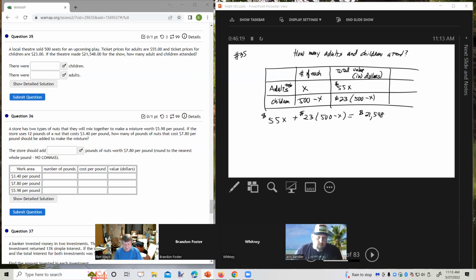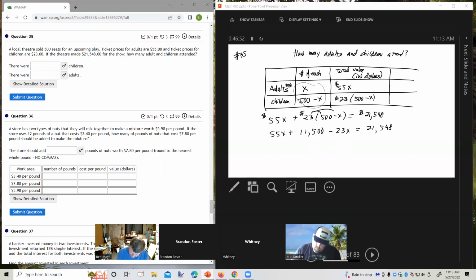We all right with this? So this is very much like the problem we just did with the coins, but the relationships are described as a total of 500, part of it's X, part of it's 500 minus X, instead of what it was in the previous one. So what do we get here? We get 55X plus 23 times 500, which is 11,500 minus 23X equals